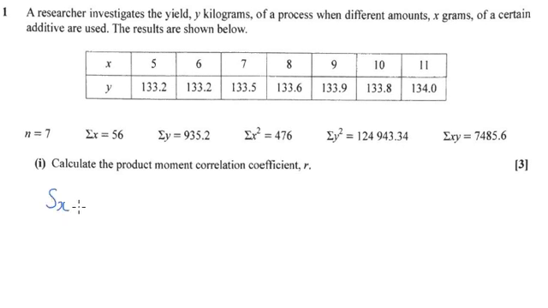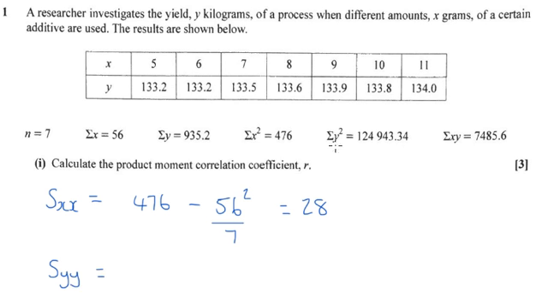So I'm going to start by finding SXX, which from your formula booklet or just from your own knowledge, you should know is going to be the sum of x squared, so 476, minus the square of the sum of the x's, so minus 56 squared, over n, so over 7. If you work that out on your calculator, that's 28. We need SYY as well,